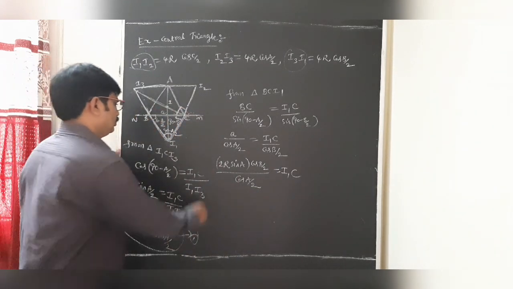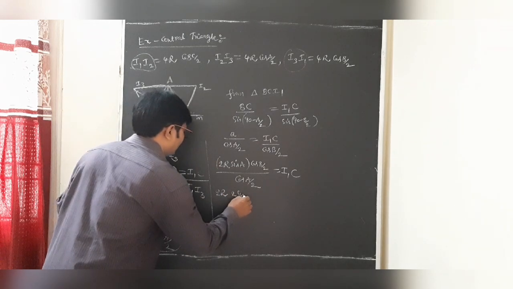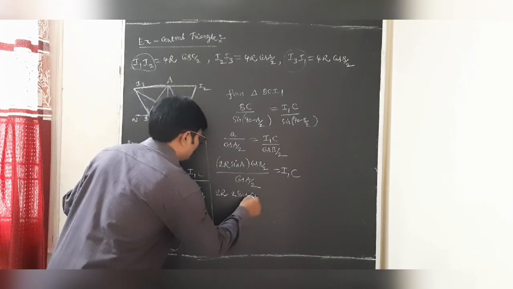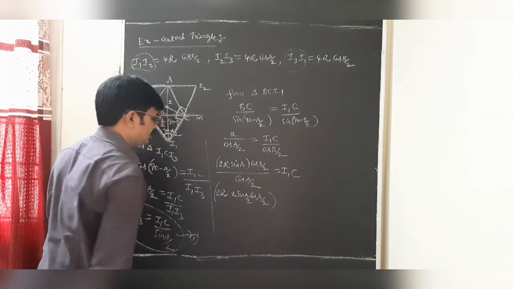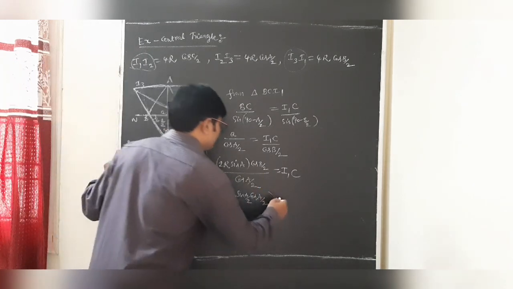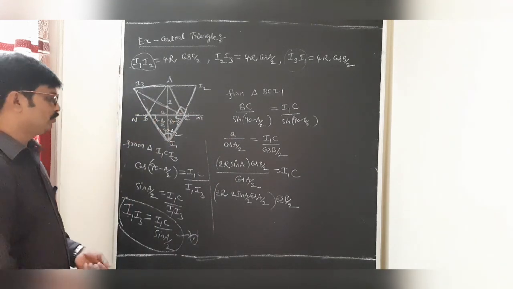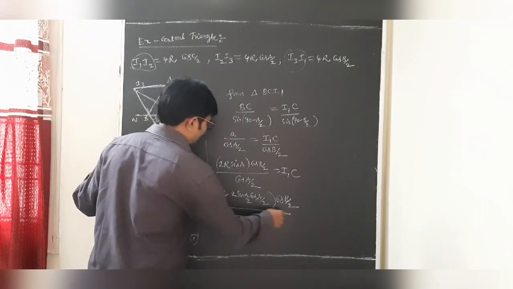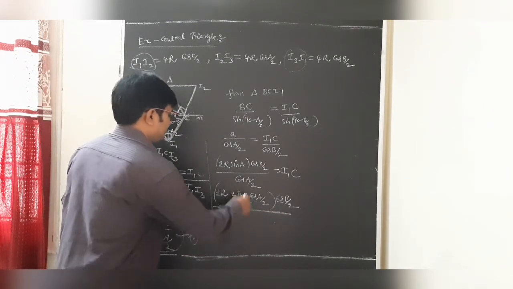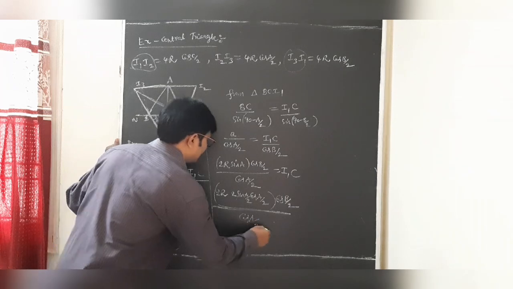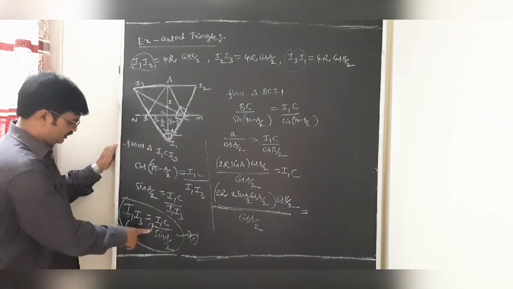Okay students, so this can be written as 2r into sin A, which from the submultiple angles is 2 sin A by 2 cos A by 2. So 2r into 2 sin A by 2 into cos A by 2 into cos of B by 2. So dear students, we can write, just now we observed, cos of A by 2 is there. What is the I1C?